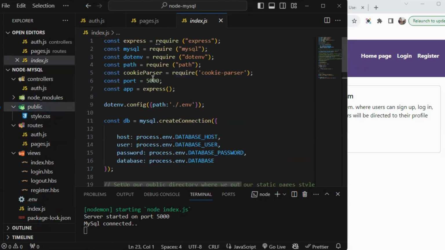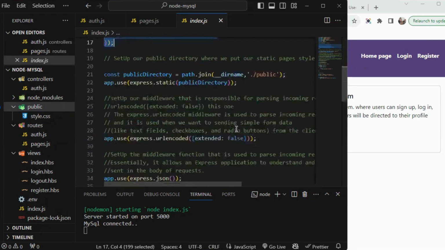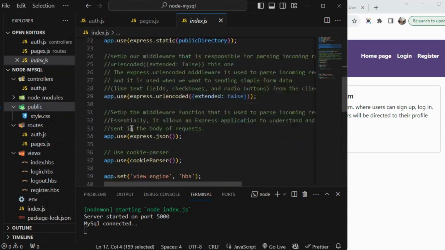Okay, and then we created the cookie parser. This one you should do yourself. This is because we want to set up a cookie when the user logs in. We need to set up a cookie and put his login data inside this cookie. And then we created a server, we created a connection with the database,